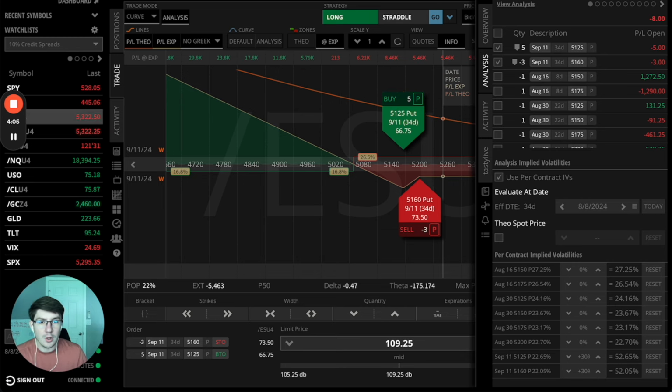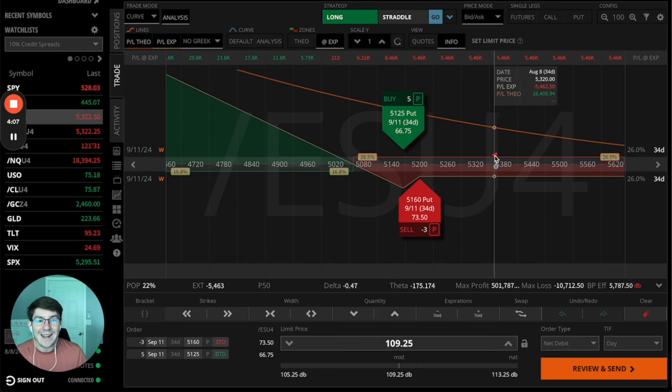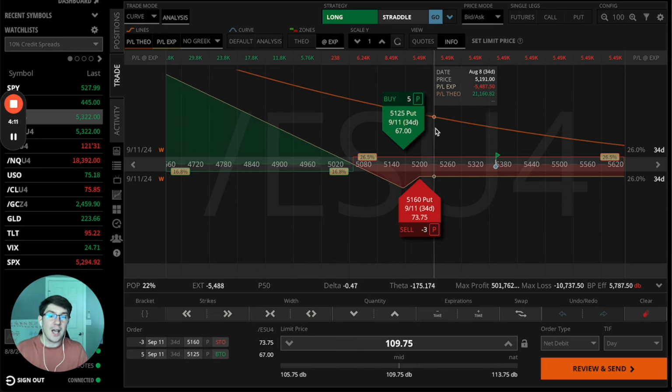Just like this. Look at that. The profit got even higher. Even if the stock stays where it is, but volatility goes up, I'm now making $20,000 to $21,000 on this trade. And so that's why this hedge could have saved you so much money when we experienced that on Monday,